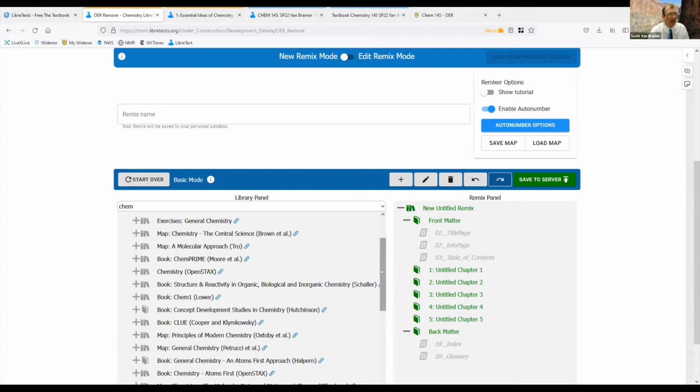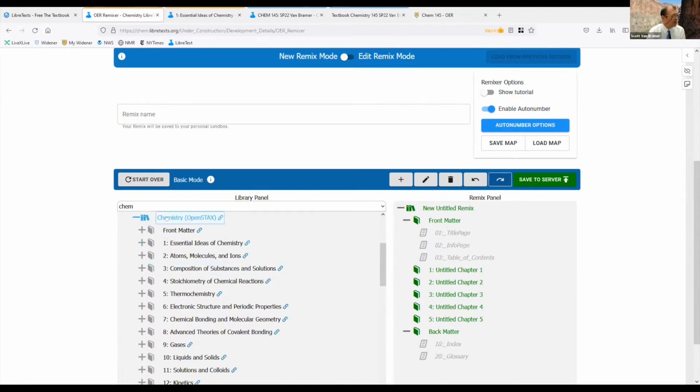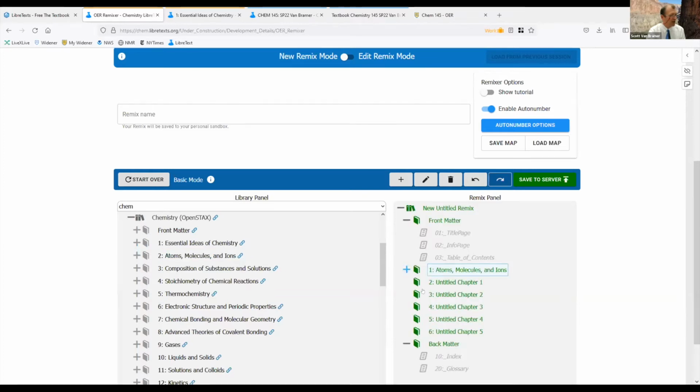And I was fascinated to find stuff that I came across on the internet like 20 years ago when we all used the Netscape browser. But what this lets me do is go in and say, there's a lot of content in the OpenStax textbook that I like. And so I can say, all right, I'm going to skip chapter 1. I'm going to start with chapter 2. And I just drag that over here. And that becomes my new chapter 1.